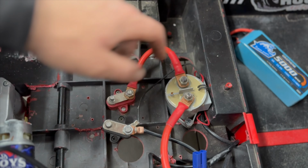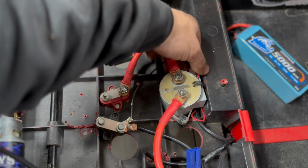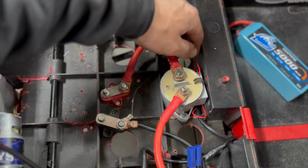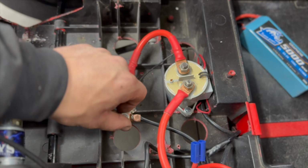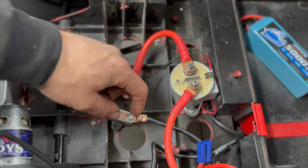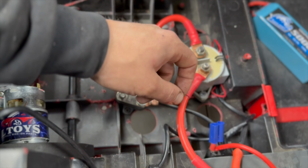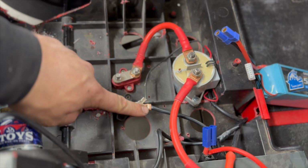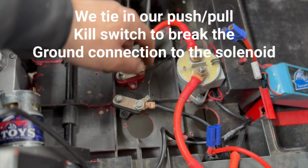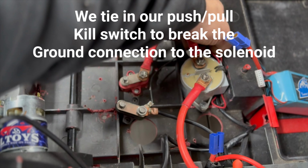Does that make sense? So now you're going to have your coil side, which is your ground and positive on the coil side of the solenoid. You're going to take the ground and take that right to the negative terminal block here, which is running straight from the battery. It'll be battery to terminal block. This will be your ground from the coil side. And then your power